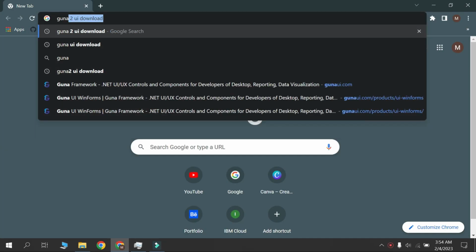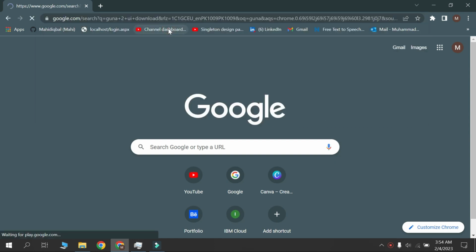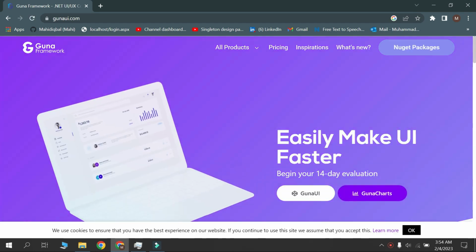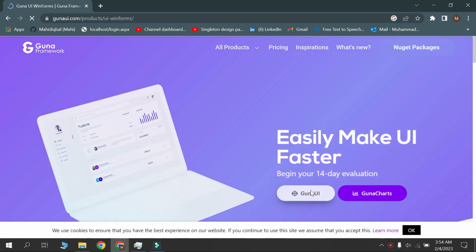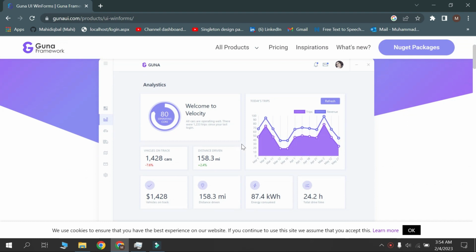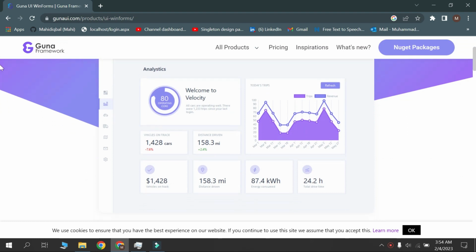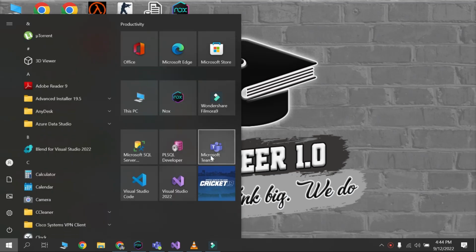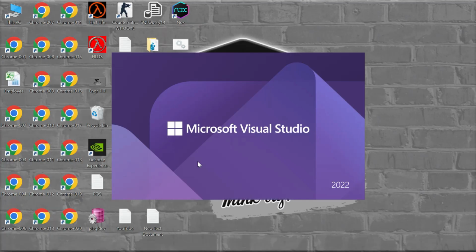First, we need to download the Guna UI library. I have downloaded it already. You can download it from the official website at gunaui.com. Link in description also. Once you have downloaded the library,